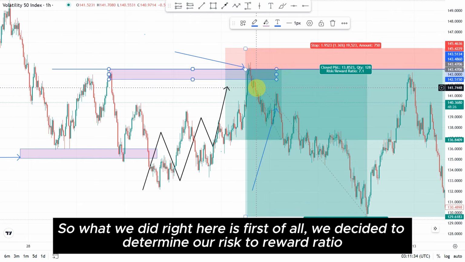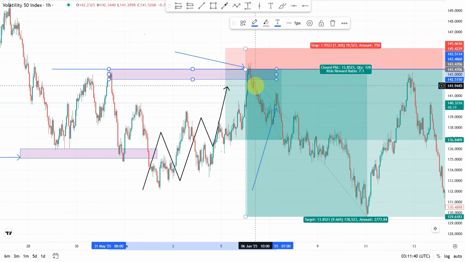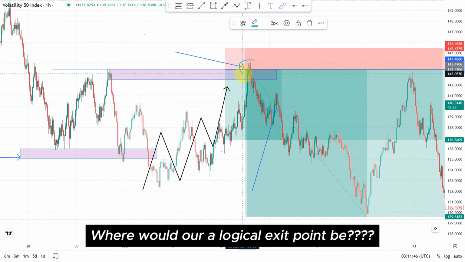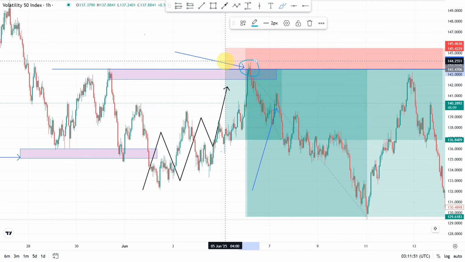So what we did right here is, first of all, we decided to determine our risk to reward ratio. We use the risk way, okay? If we enter this price around this zone right here, where would our logical exit point be? Most traders get good trades. I know most traders do get good trades out there. But what hinders them from being profitable traders is not determining the areas where they will exit their winning